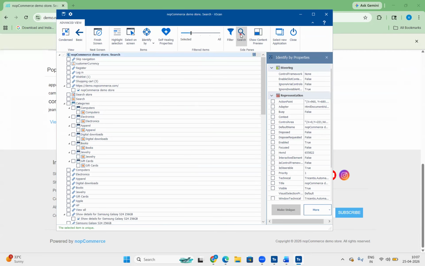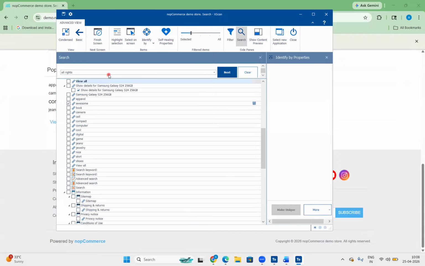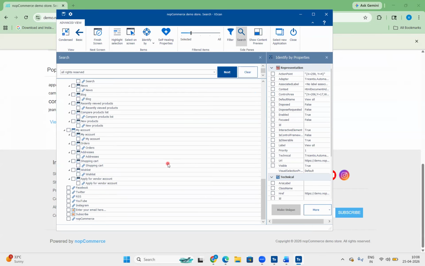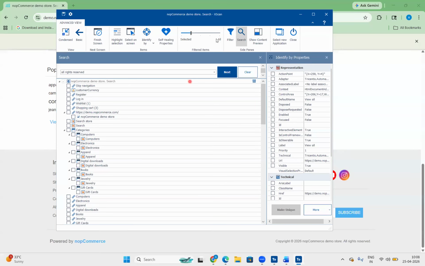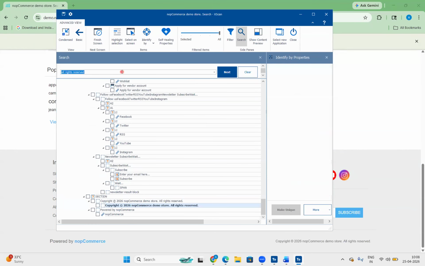And this is a search option. If you want to find the control by the name of the control, for example, I want to find all rights reserved. So here you can see all rights reserved. Click on next, and it goes directly to where it is located. If it is not there, just hide these filtered items and you will be able to find it.